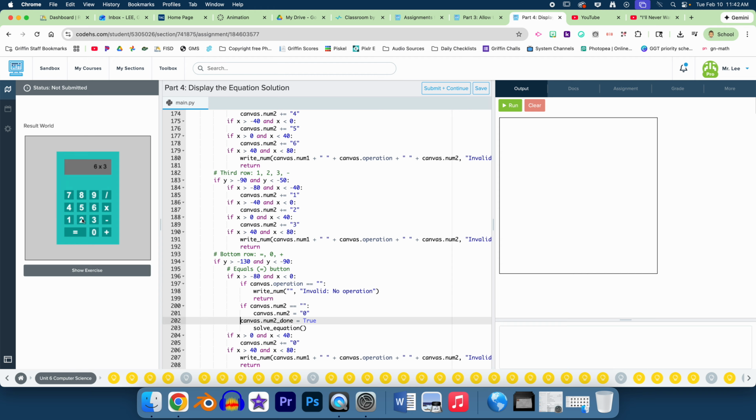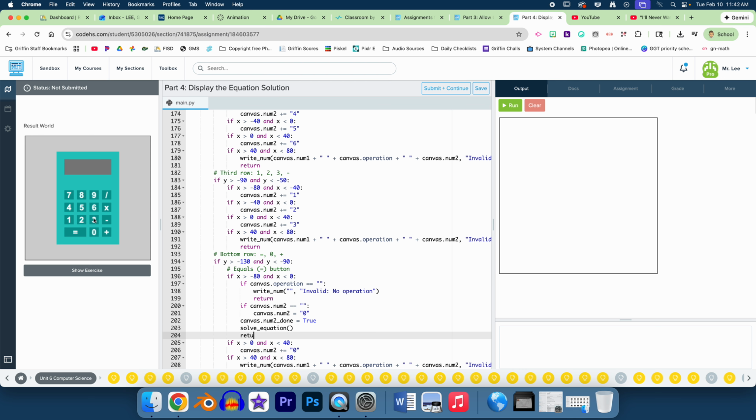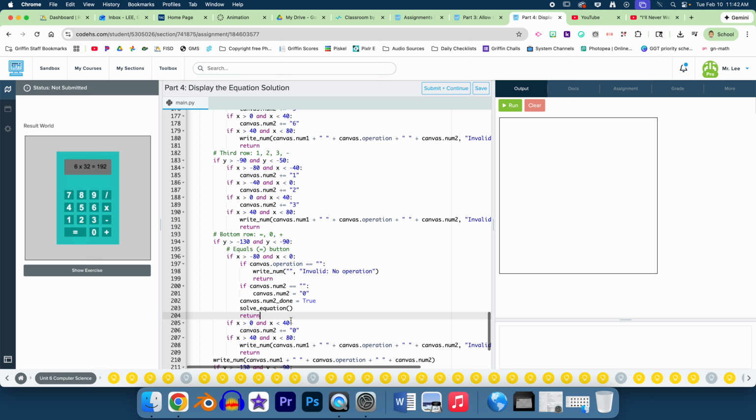This needs to go back 1, and then solve equation, and after solve equation, we need to add return. And then we have if x is greater than 0 and x is less than 40, canvas num2 plus equals 0. If x is greater than 40 and x is less than 80, write